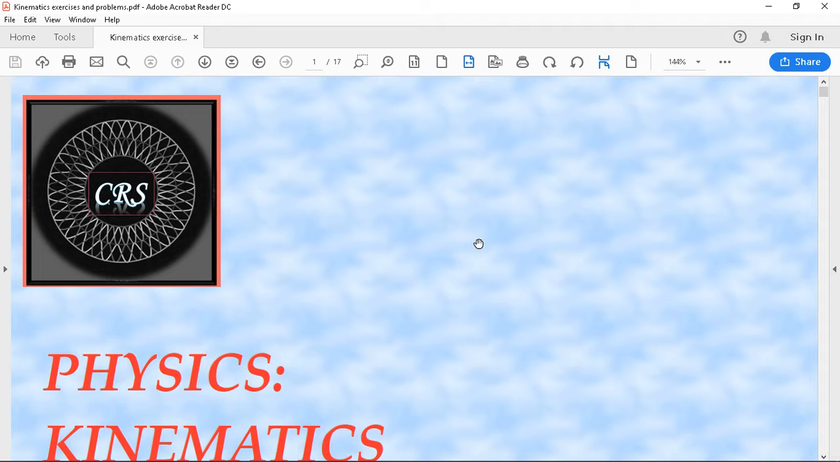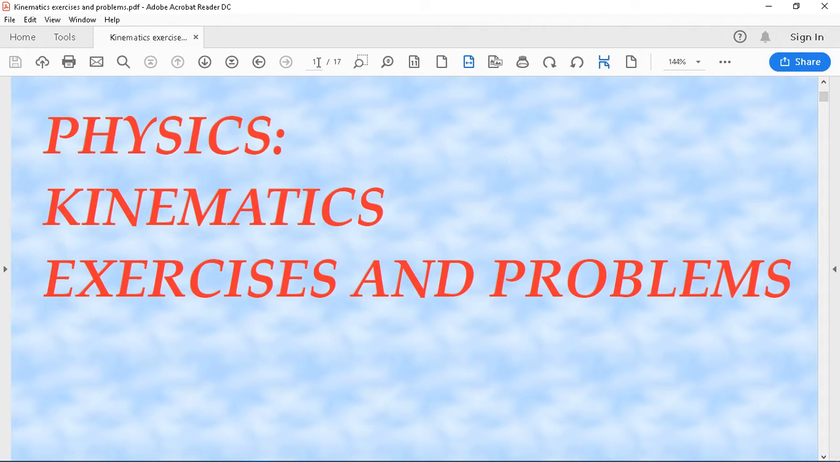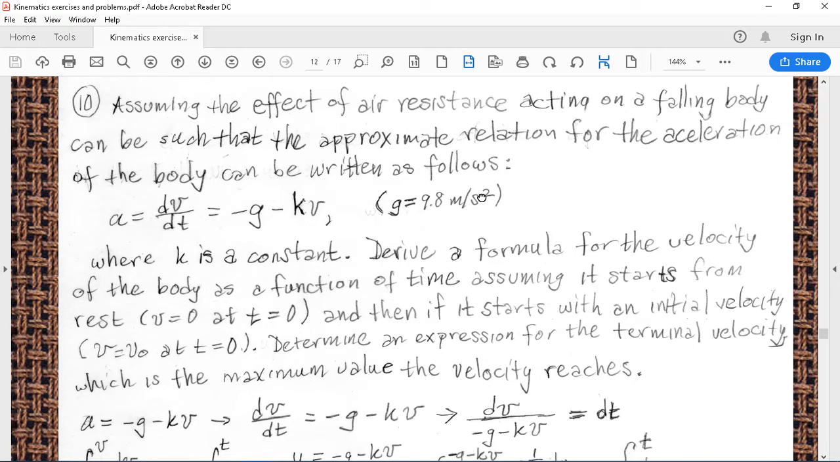We're going to continue on with physics problems in kinematics, and we're going to follow on to problem 10. Okay, in problem 10, we have a falling body, and we're assuming that